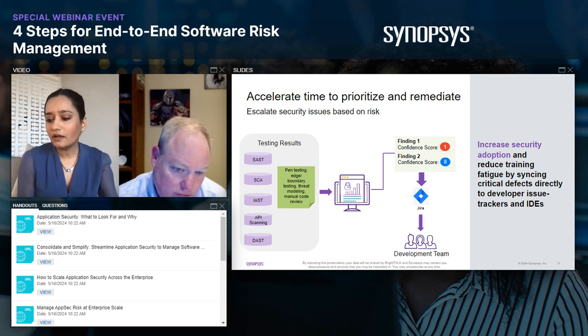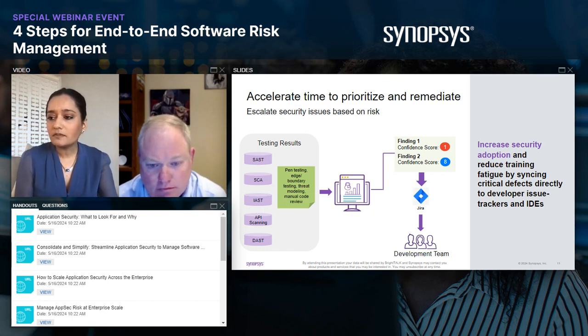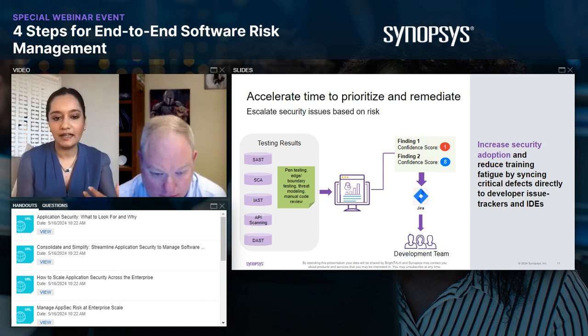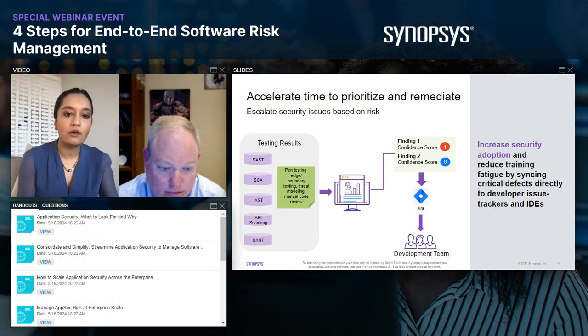So, Rod, if you would, talk to us about what are some key capabilities once you're able to achieve that level of data correlation and you're able to derive a clean repository of the most critical issues that developers need to fix. What's the next step in what an ASPM solution should be able to provide from a capability standpoint, to really add value in the prioritization and workflow process, bridging that gap between security and